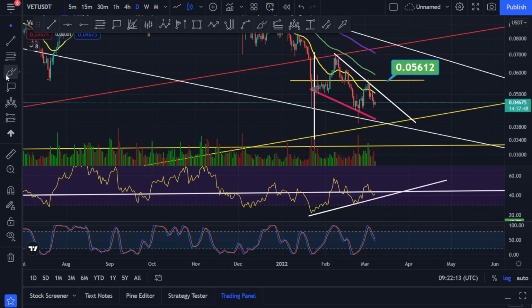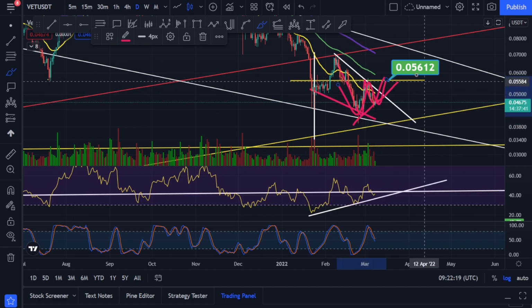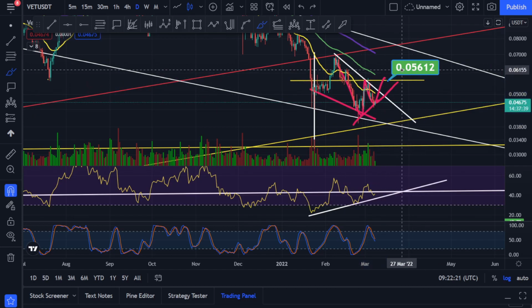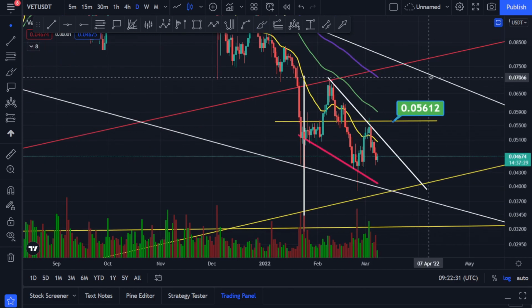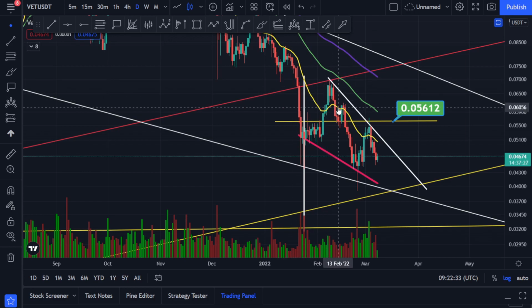And you can also see somewhat of a double bottom being formed. So this is also a good thing, maybe an ascending triangle formation. So keep an eye on this. We just need to get above this 0.05612 level. We do have the bullish divergence coming in the daily time frame. So if that happens, then we have just reversed and broken this 20 moving average. That's the first step.